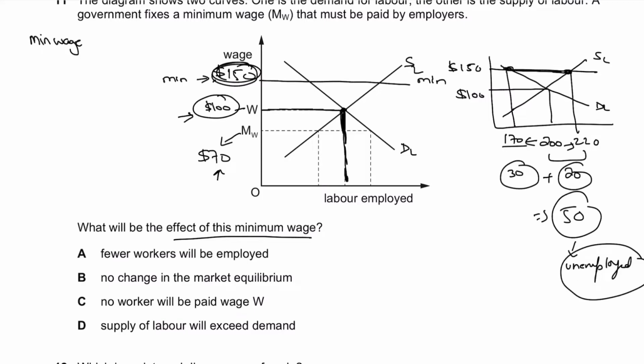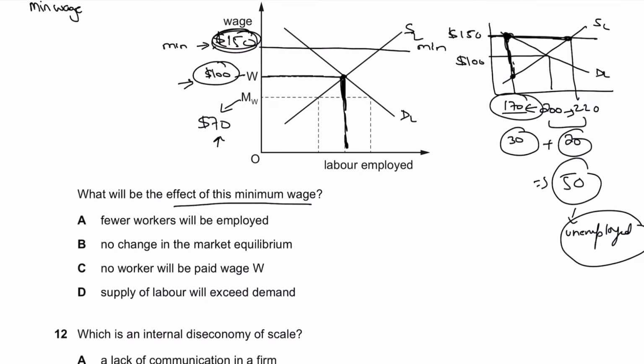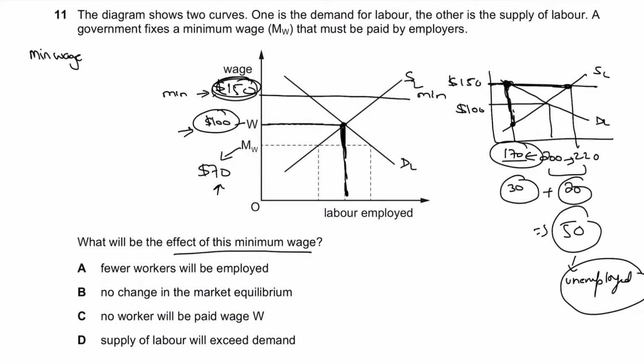However, for the workers who are actually employed by firms, for these 170 workers that will be employed by firms, definitely they would be getting a much higher wage rate of, let's say, $150, instead of being paid $100. So yes, the answer to this MCQ, question number 11, is B, because obviously there won't be any